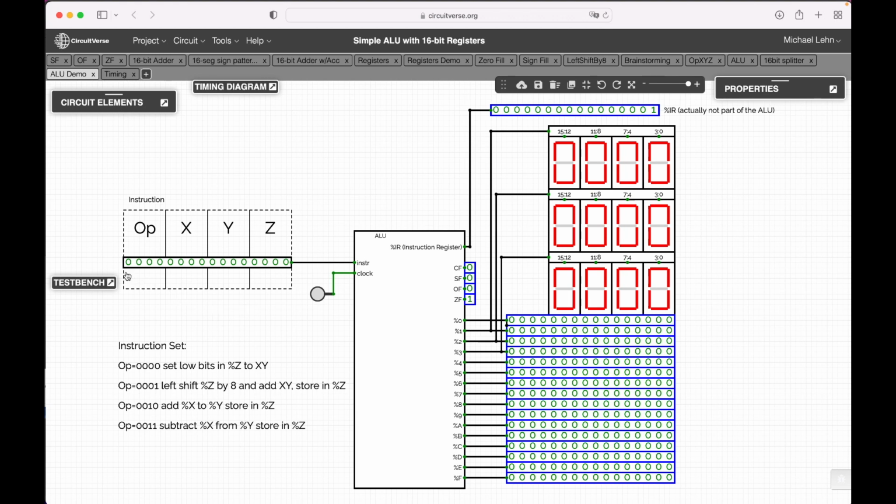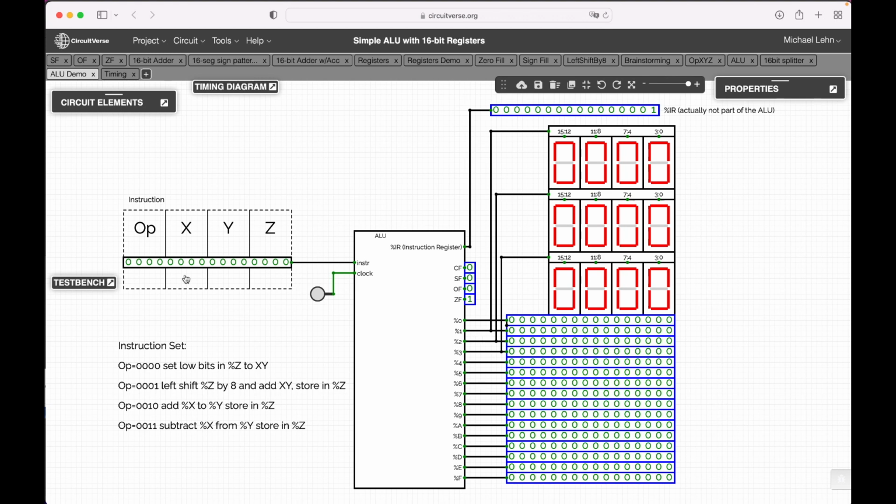Now you see that this instruction field somehow seems to have a structure. I called these bits here op for opcode, and these other bits x, y, and z. So these groups of bits have a name. Now with this opcode I can specify what instruction should be executed in the ALU. And for example, the instruction with code 0000